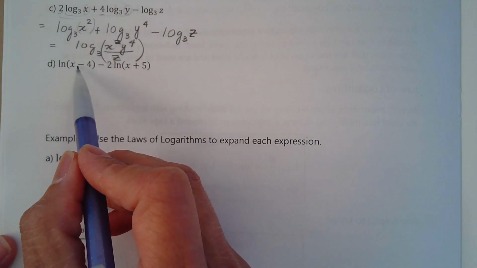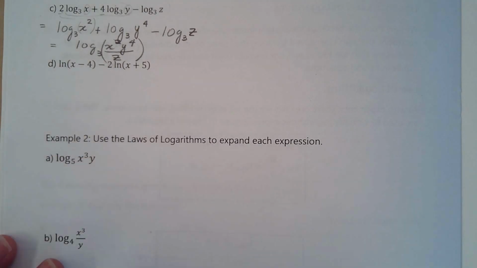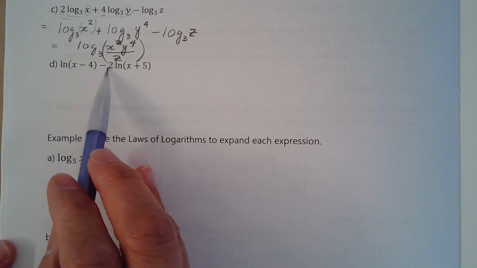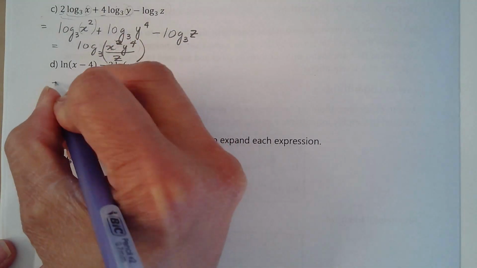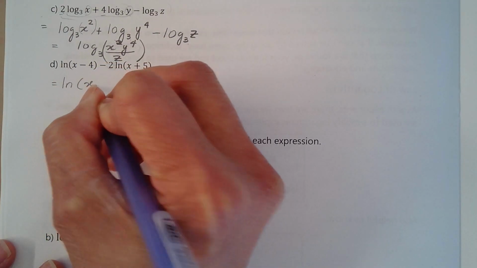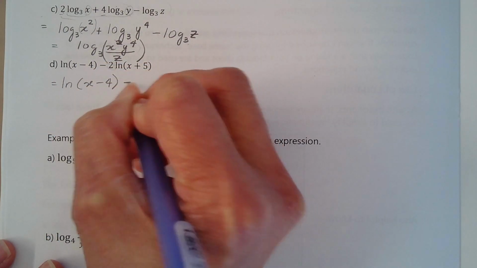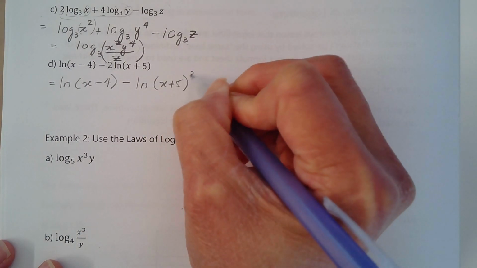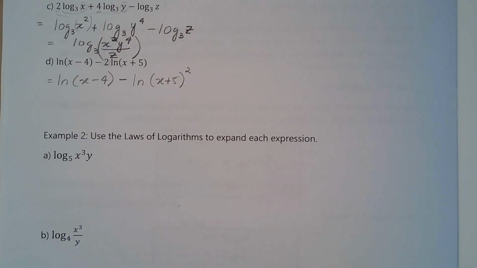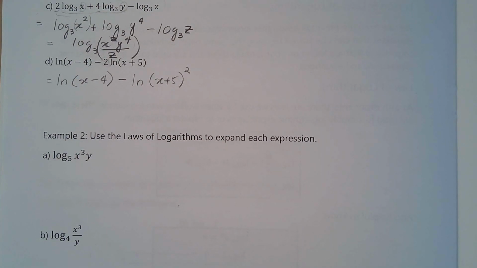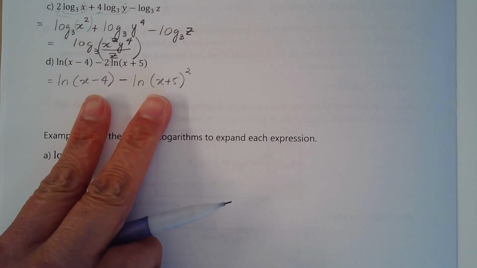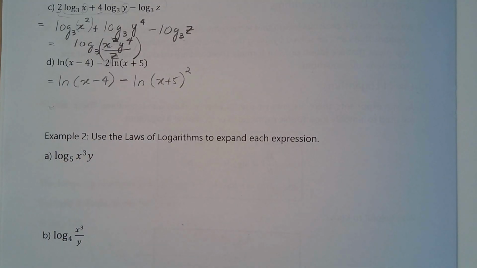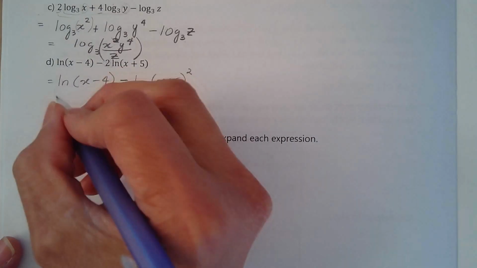Okay, so now let's see. Here, there's nothing written, natural log, so that means it's operating as base e. What's happening here? Let's start with this 2 first. So this is the same thing as natural log of x minus 4 minus natural log of x plus 5 to the exponent 2. Okay, so if these two are subtracted, the two exponents are subtracted, then that means the powers having the same base e are being